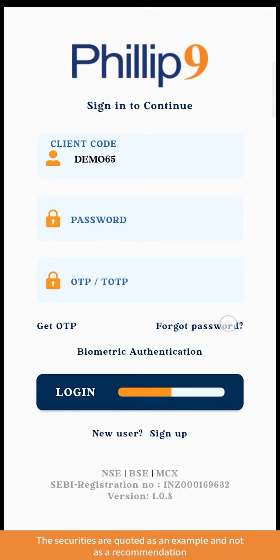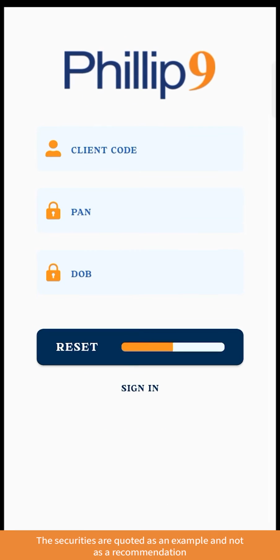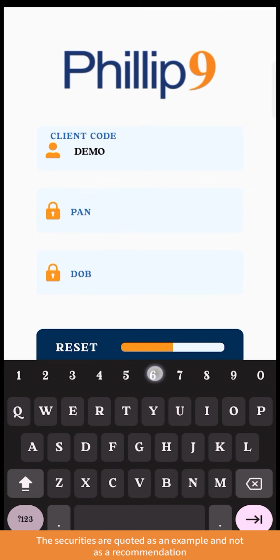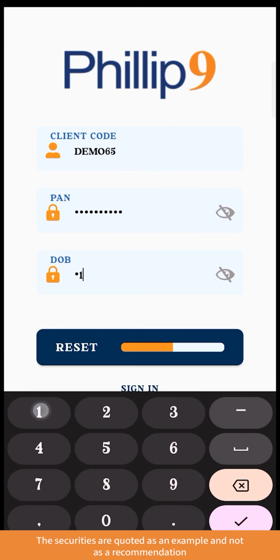Following are the steps to log into Phillip9 mobile application. Step 1. To receive OTP on register. Step 2. Enter your Step 3. Upon successful login in Phillip9 application, user can enable either biometric